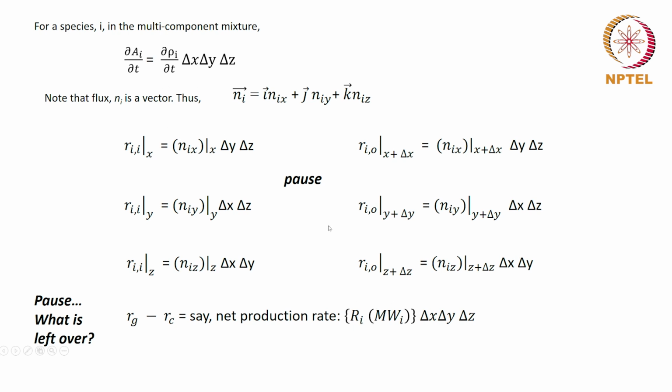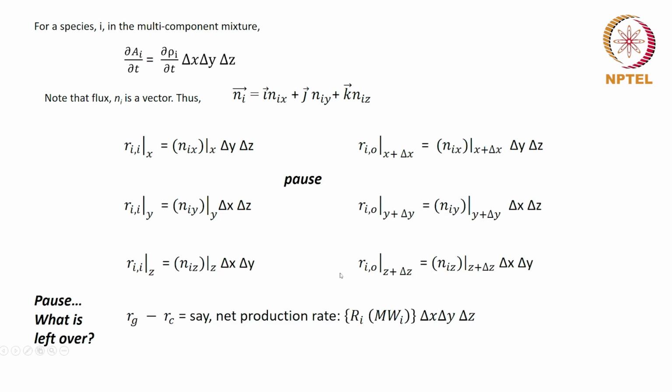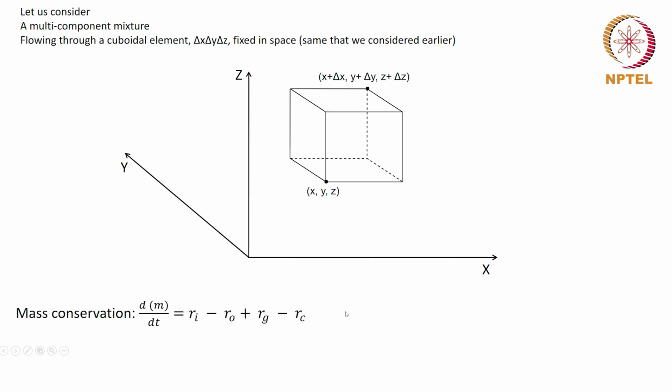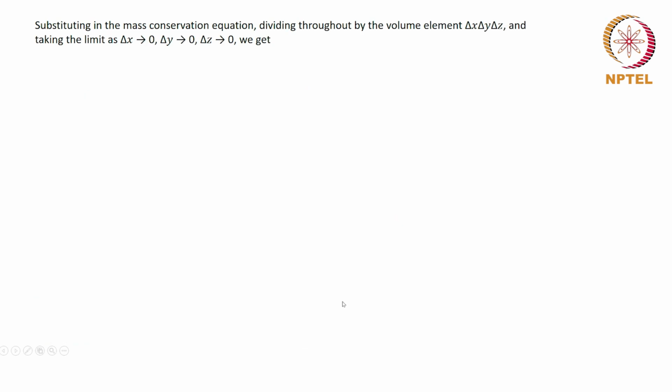We want every term in that mass balance equation here in terms of mass per time. Our usual measurements are in terms of other quantities, moles per volume per time, and therefore, we are converting it into mass per time. So, this is the net production rate. Now, we put all these things, input, output, Rg minus Rc, into our mass balance equation, which happens to be dm/dt is Ri minus Ro plus Rg minus Rc. What do you get?